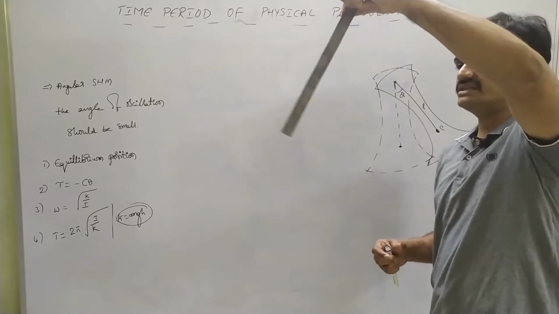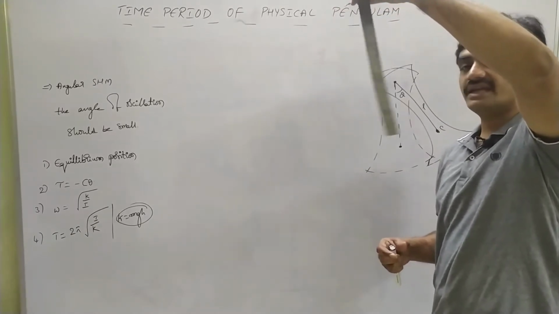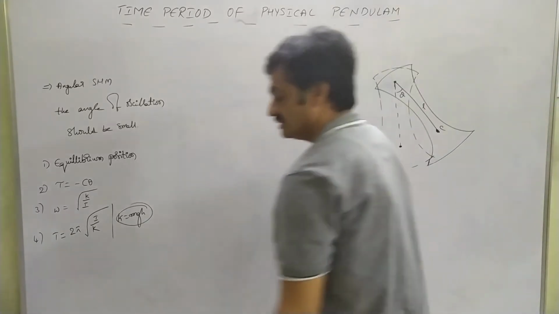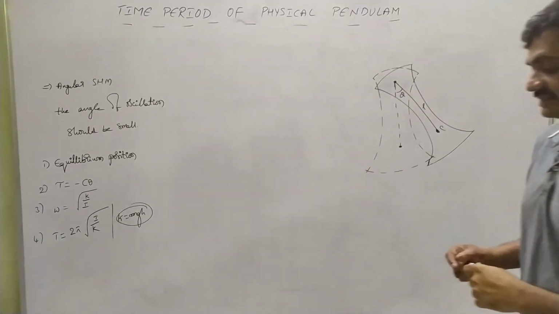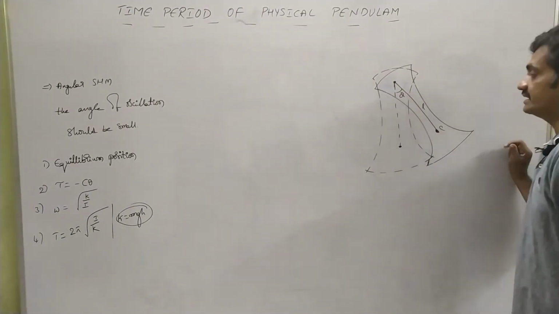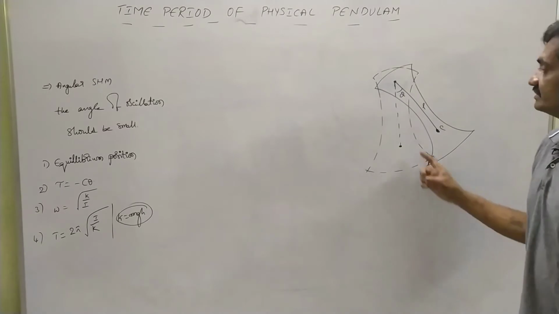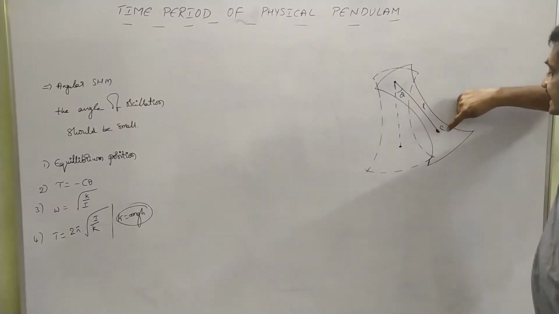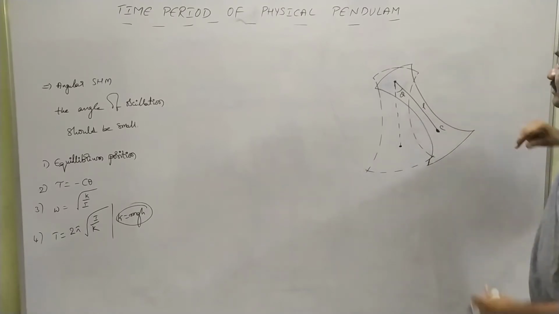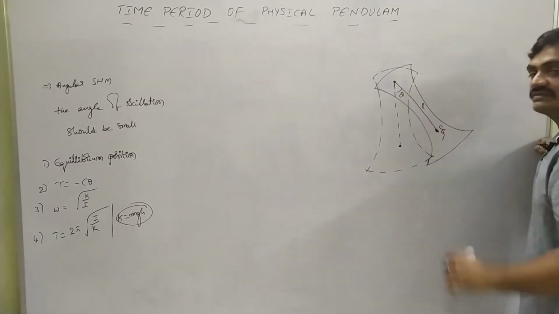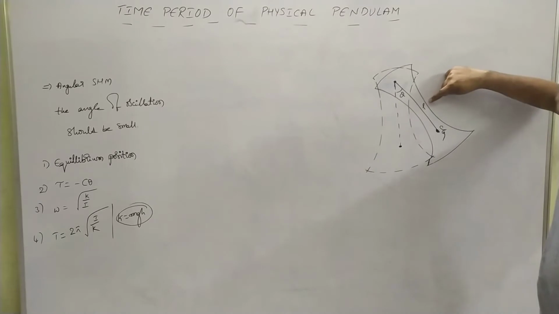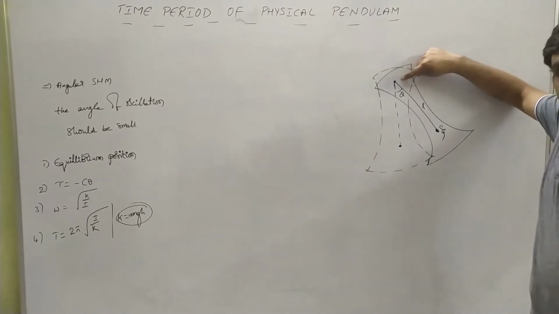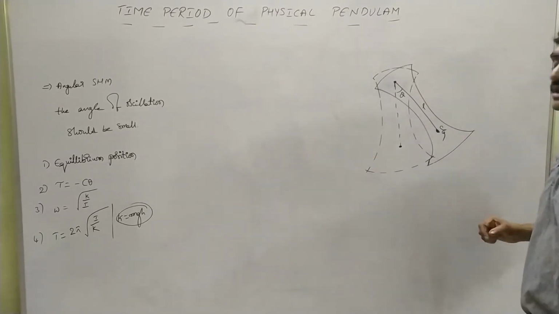After that it is oscillating by an angle of theta. As we consider this case, observe that the pendulum is oscillating by an angle of theta, whereas the center of gravity of this physical pendulum is represented as c suffix g, which is at a length of L from the pivoted end.